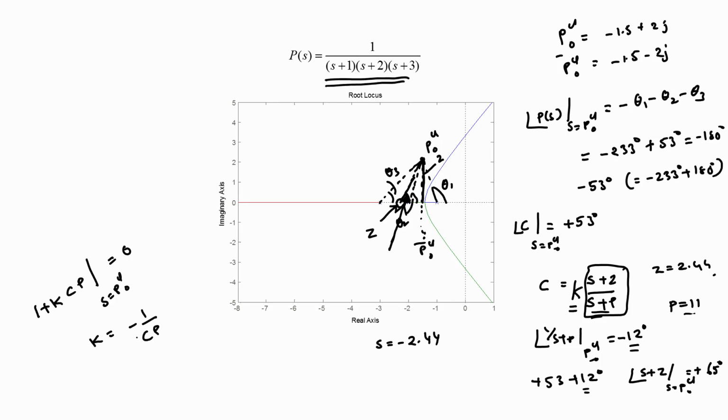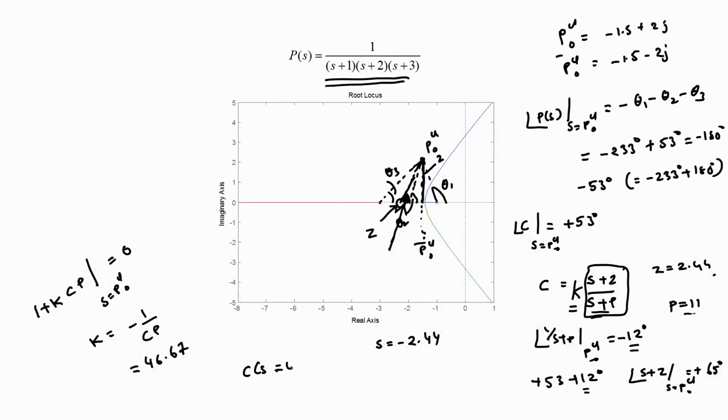So, if we use this equation and compute the gain K, we find that it is equal to 46.67. Therefore, the controller that allows our dominant closed loop poles to lie at minus 1.5 plus minus 2j is given by C(s) equal to 46.67 times (s plus 2.44) divided by (s plus 11),